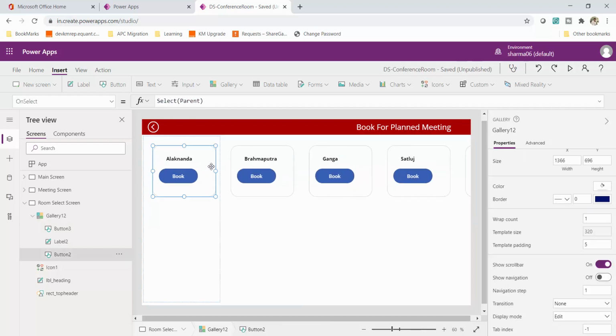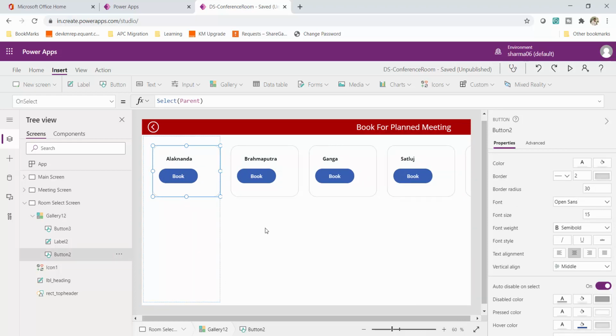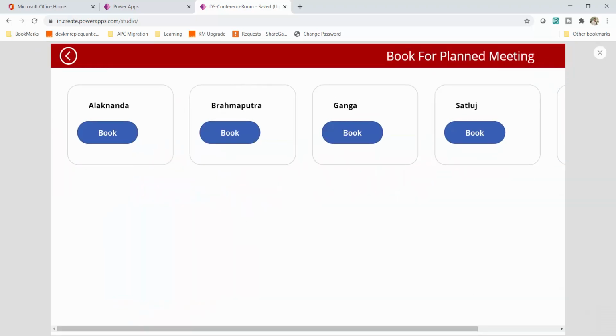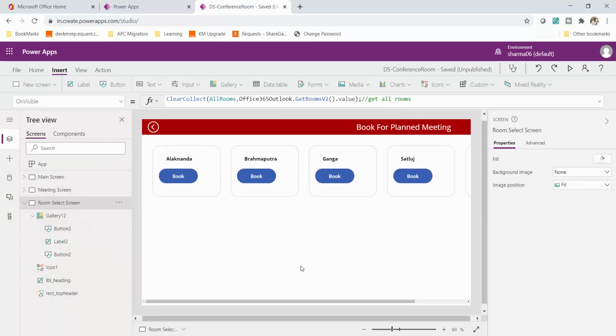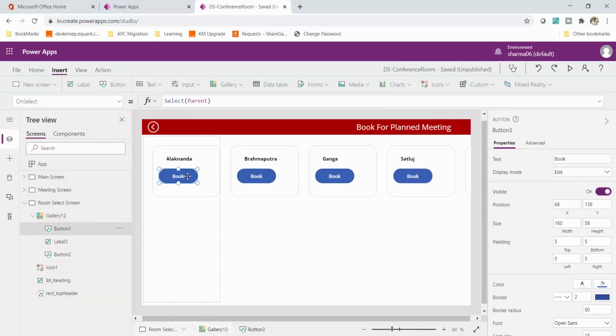Okay, and just to increase the size of the tile more, if I play this app, I'm getting this scroll bar. I just want to avoid this scroll bar so that these items can come in the second line. This is one change I will work on, and after that I'll write the logic to book a room on this book button. So guys, these cosmetic changes like moving these rooms to a separate line, plus the book button logic, and we are also left with another screen, book for unplanned meeting. I will cover these in the second part of this video. In the first part I will cover only this much.